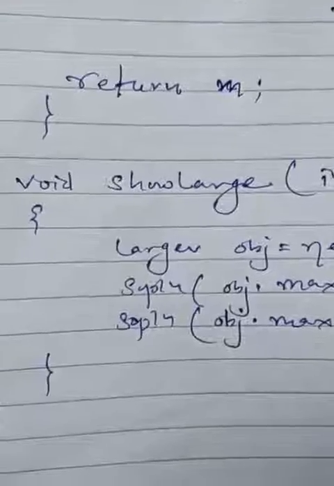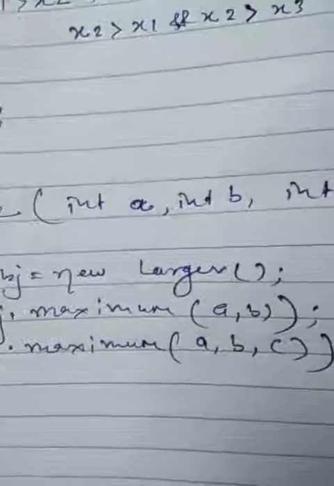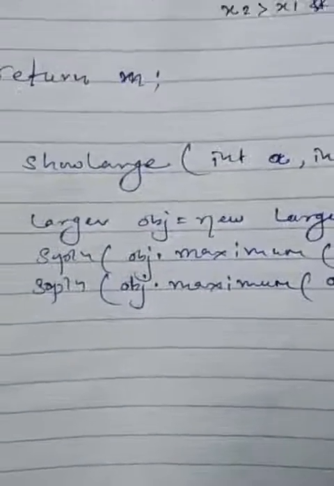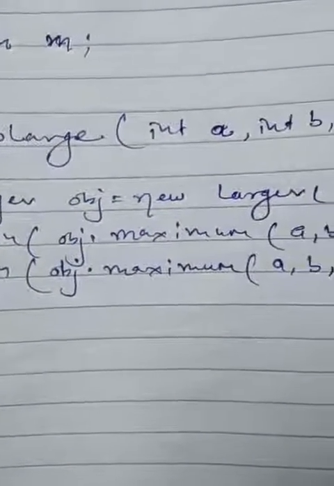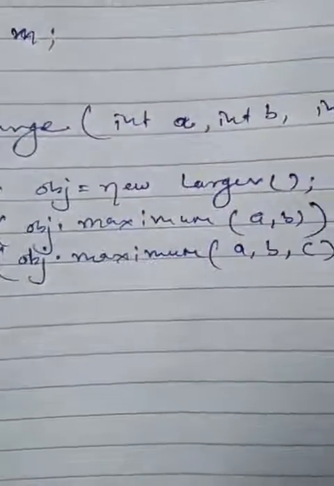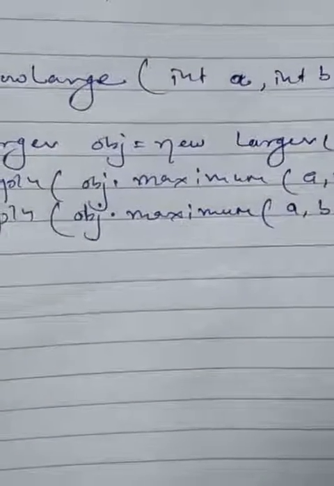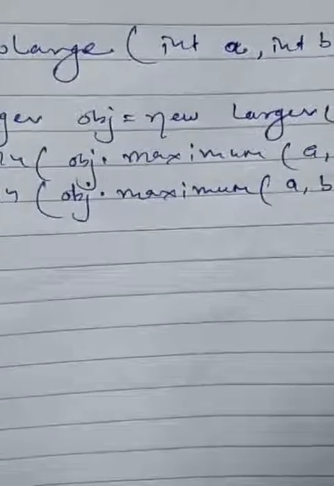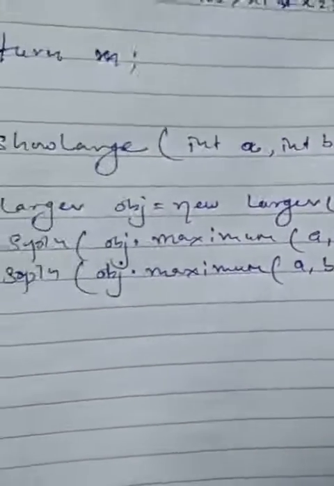Now this is the last function, the class larger, in which we have to input three values. So we are taking variables a, b, c as integers, creating the object of class larger, and first we call the function obj.maximum, passing two integer values. So the first function will be called and return the value in SOP, so that will be printed on the screen. In the case of the second, we are passing three integer values, so that will return the greater of these, and we will print it on the screen.